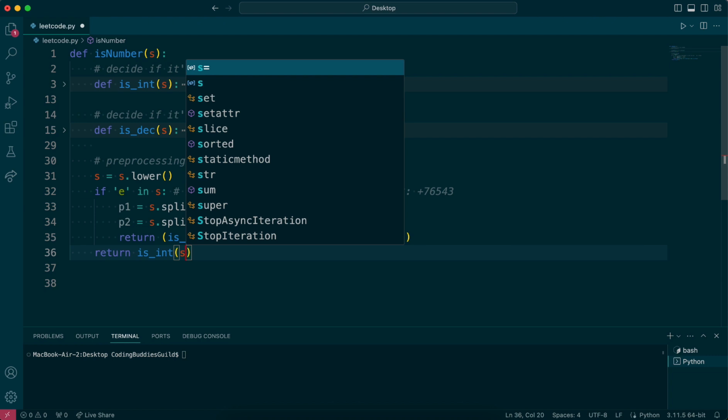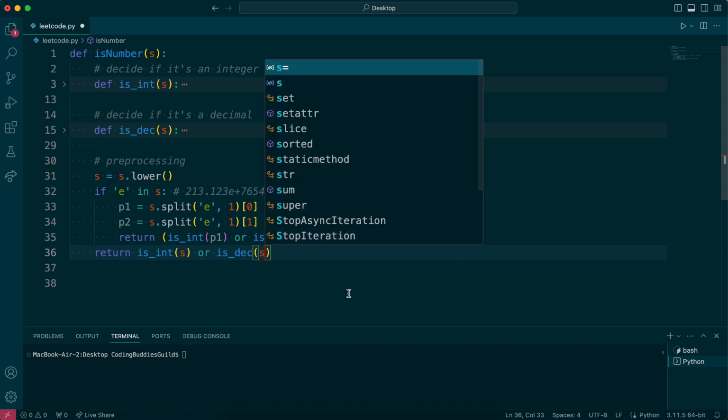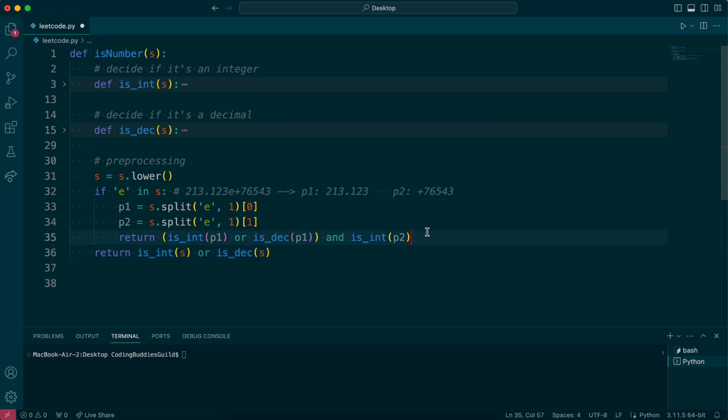So we just want to check if it's an integer or a decimal. So I'm just going to go "or is decimal". So that's basically all we need to do. Just to go over it one more time, we have two helper functions that decide if the input is... as I'm explaining, it occurred to me that this s